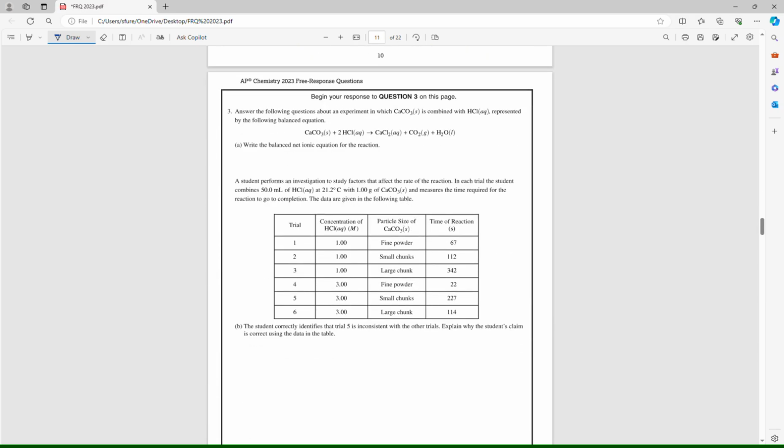Number 3, on to number 3 already. Write the balanced net ionic equation for this reaction. When we're writing balanced net ionic equations, solids don't separate, but aqueous components do. Gases and liquids also don't separate. So we could say this is H plus